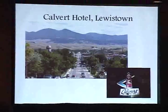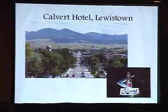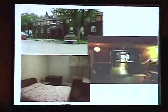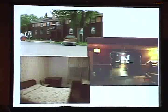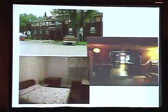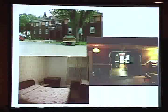This one is just being completed. It is a historic building that used to be the dormitory for the kids who come in from the ranches, and they'd have to stay in town in the wintertime because they couldn't travel back and forth to go to school. So this was the dorm for the kids from, I believe, 6th grade through high school. And they had housing upstairs for the kids, dorm rooms, and on the downstairs level,